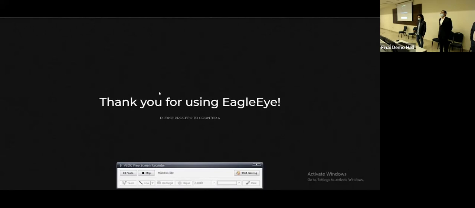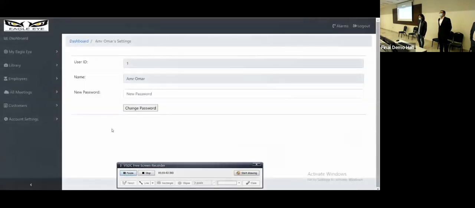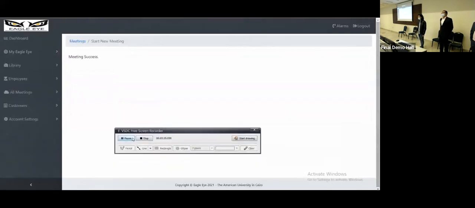As soon as they arrive at the counter, the employee may now start the meeting. Simply from our portal, the employee will click My EagleEye and then click Start New Meeting. As soon as the meeting finishes, they will be acknowledged that the meeting was successful and it was saved to our system. During this time, our EagleEye was capturing